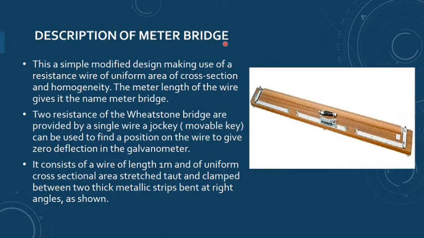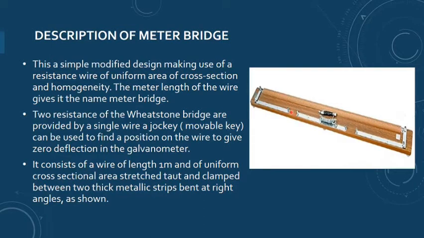Why the name meter bridge? We also call it the slide wire bridge, because when we do the experiment, we make the jockey slide over the resistance wire. Of course, these are the questions which are asked in your Viva. It is termed slide wire bridge because the jockey is slid over the wire. But you have to take care that the wire should be of uniform area of cross section, and when you are moving the jockey over the wire, it should not be rubbed against the wire, because otherwise the area of cross section will change and your result will be different.